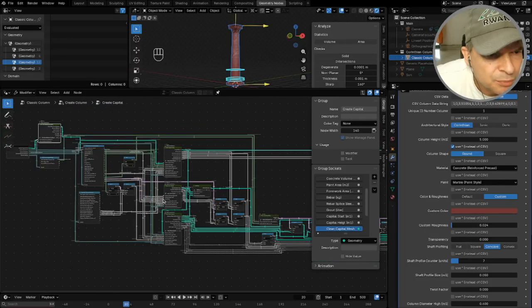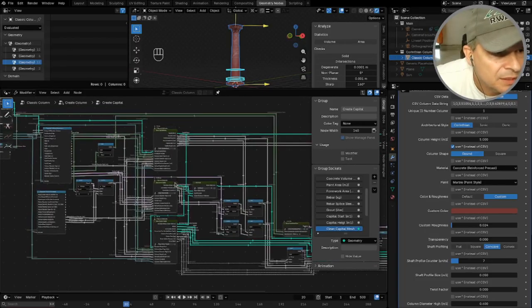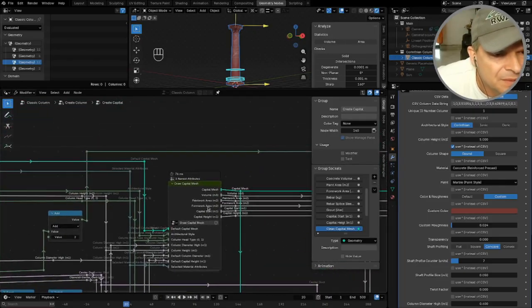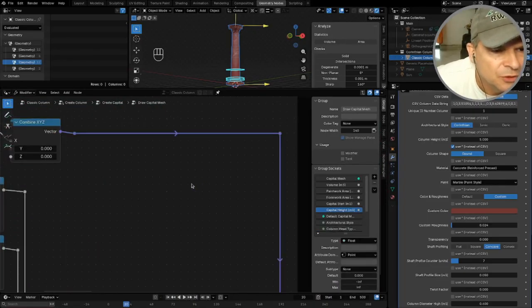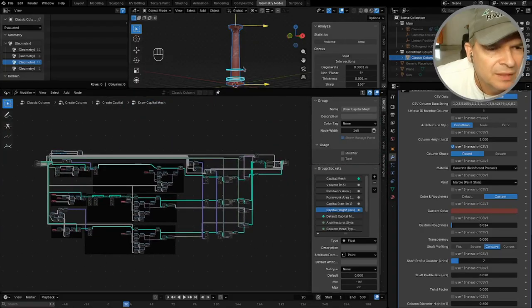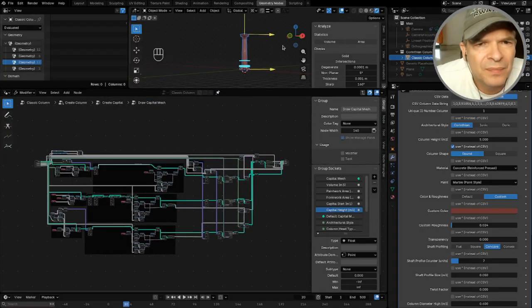then we get into these procedures. So I think we can go there now. Okay, so draw the capital mesh. So this is the procedure to draw the capital. Now, if I go to the